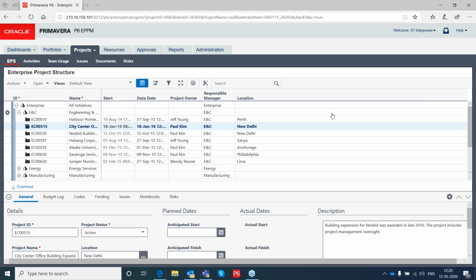It is possible. Primavera EPPM has a mobile application, which is called Team Member. Maybe we'll try to take a separate session on the same. We can push the progress update. We can get the progress update by using Team Member. That comes along with EPPM. Plus, you can buy it separately.